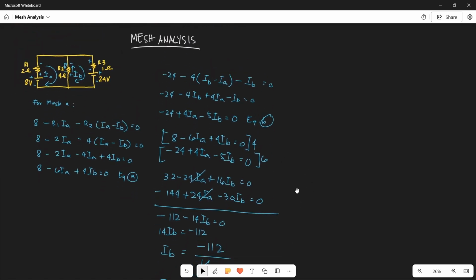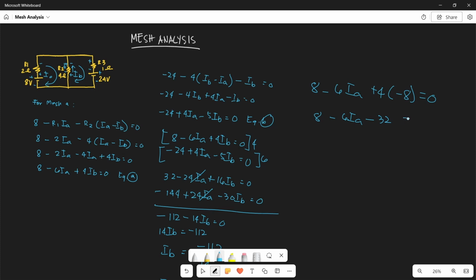We're going to substitute the current IB to equation A. So substituting the current IB to equation A, so 8 minus 6 IA plus 4 times negative 8 equals 0. So 8 minus 6 IA minus 32 equals 0. So negative 24